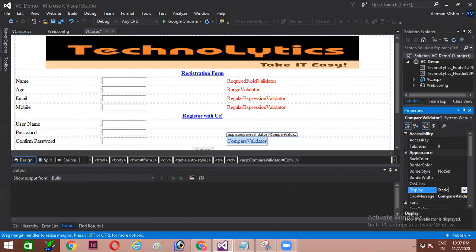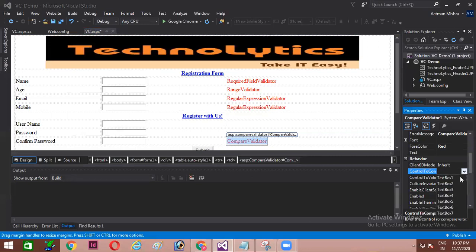Display dynamic, then fore color red, then control to compare. Which control do you want to compare with? So I want to compare with 1, 2, 3, 4, 5, 6. I want to compare this particular control with text box 6.